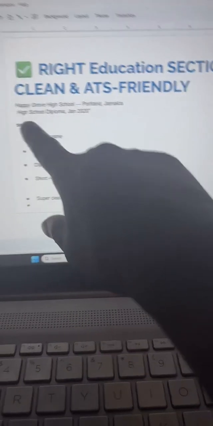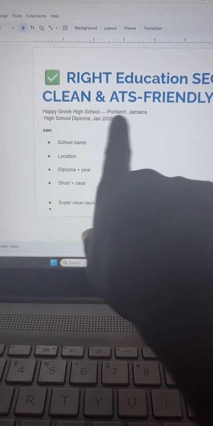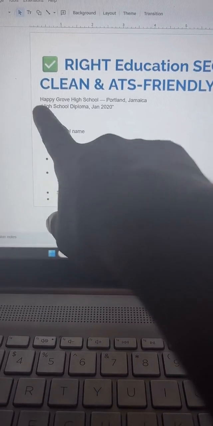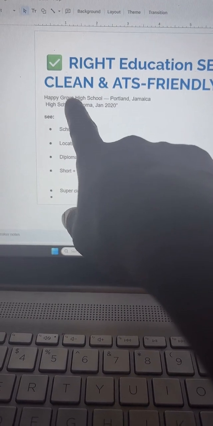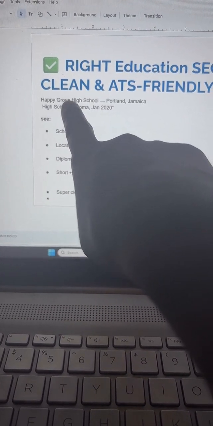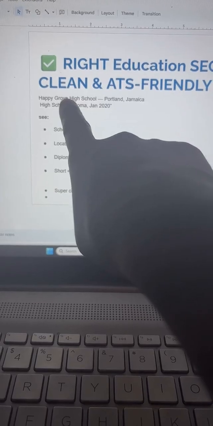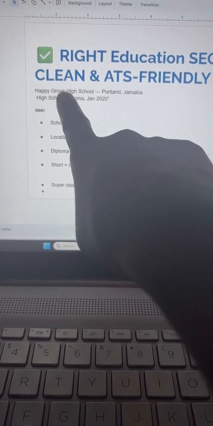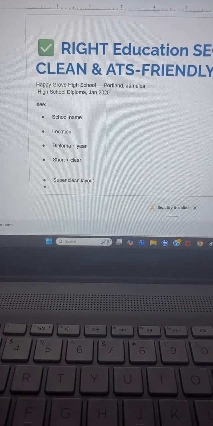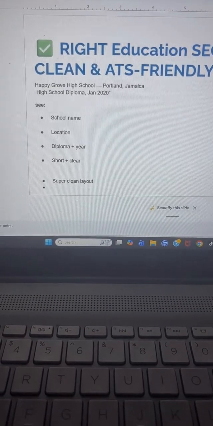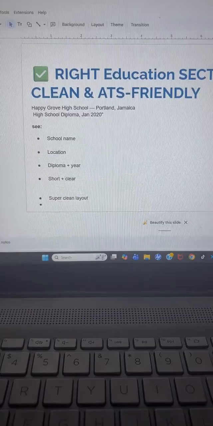education section now, this is a good way to do the education section. You're going to put just your high school on your resume.